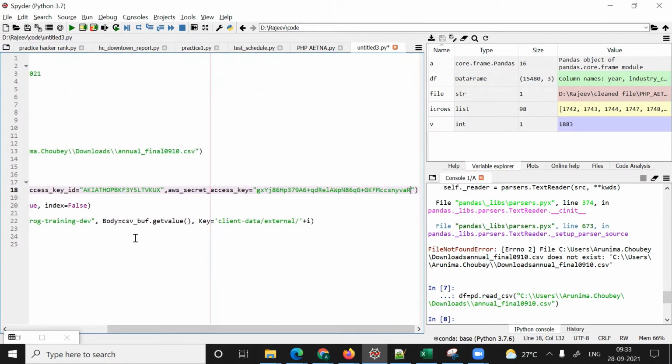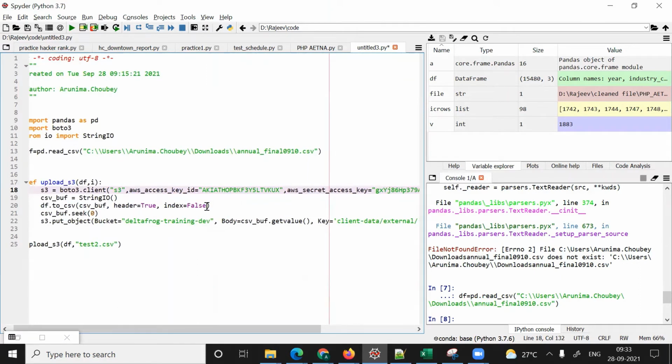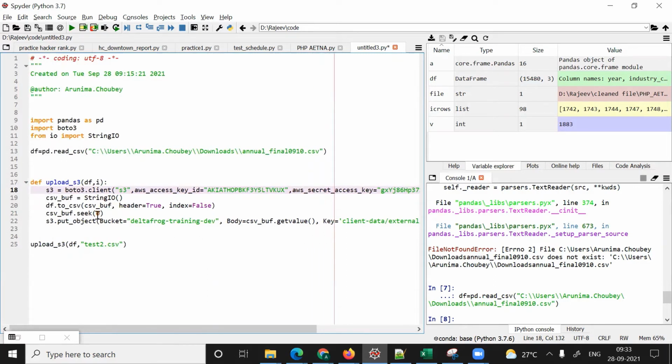You have to use a configuration file, or you can use an environment variable. Now I created this upload S3 function, where I will pass two parameters. One is my data frame, and the other is the file name that I'm going to upload into S3.